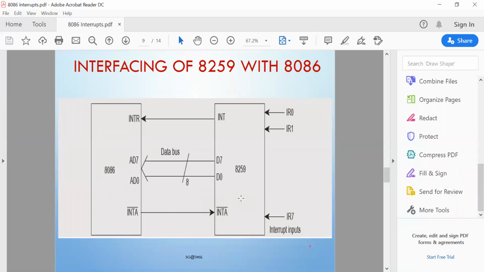That is the connection, and the data buses are connected in this way, through which the type of the interrupt should be processed. If it is 00, then 00 will be processed. If it is 01, then 01 will be processed. If it is 03, then 03 will be processed. If it is FF, then FF should be processed in this way.